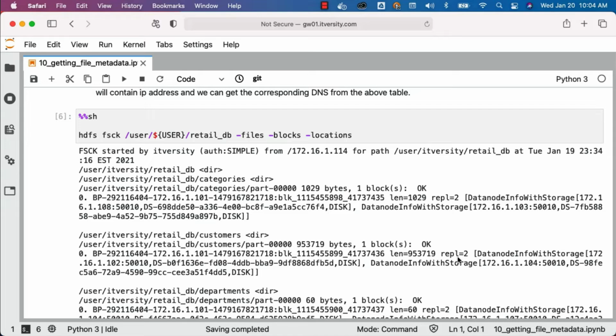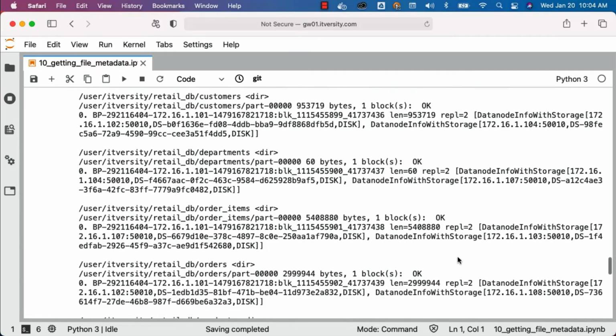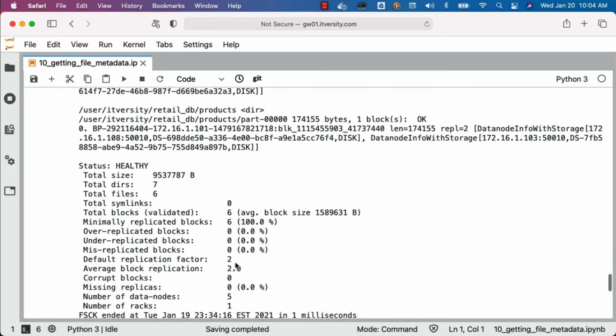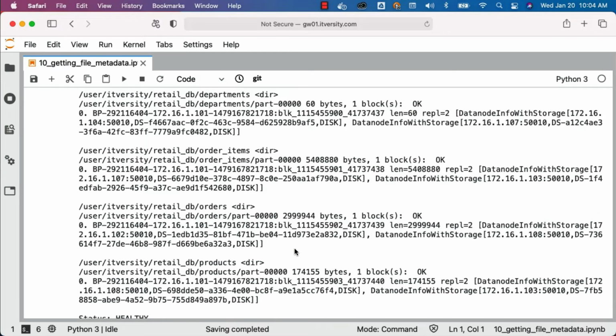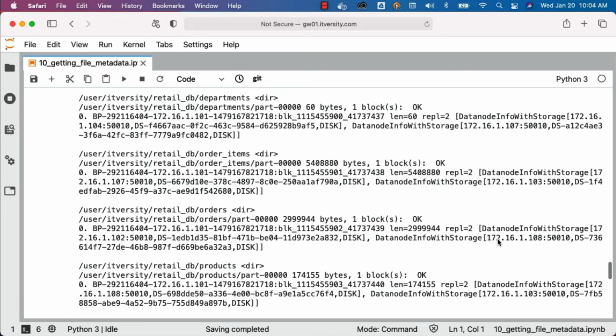We will get into those details when we talk about block size and replication factor subsequently. For now, just understand that when you see the output here, the average replication factor for this folder is 2, which means each file is multiplexed into 2 copies. When it comes to HDFS, each block will be multiplexed or cloned into 2 copies, and you can see the corresponding IP address of the worker node on which this block exists.